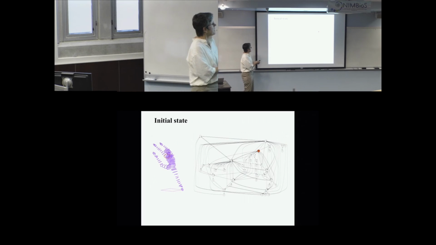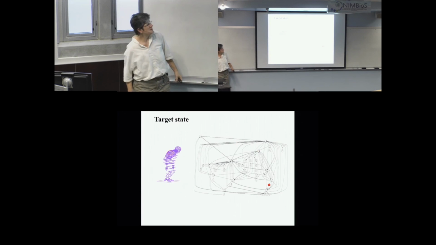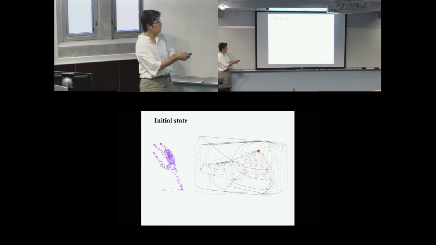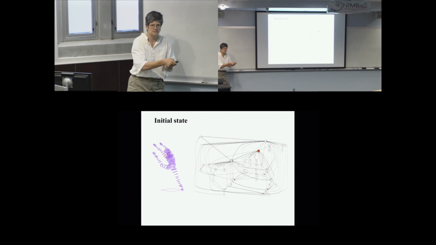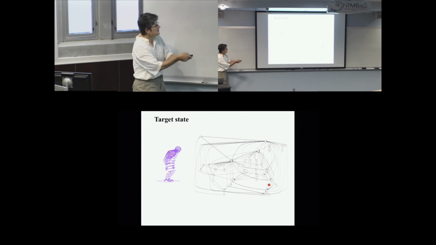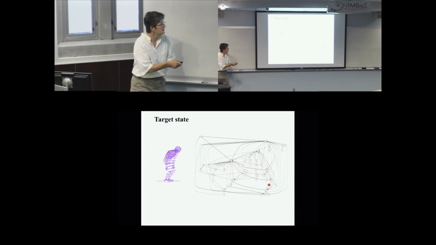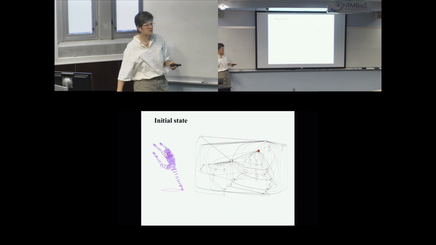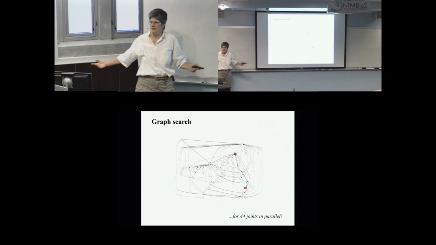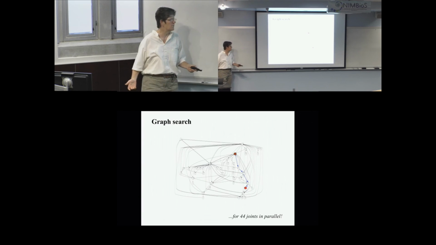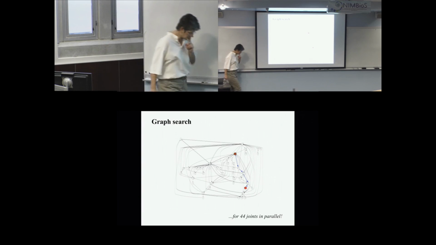Okay, so imagine if I want to figure out a path from this position to that position. Well, I look in the graph that I built that captures the patterns of the movement of the right shoulder, and I look for the vertex that corresponds to where I see the right shoulder is in the starting position. And then I look for the vertex that corresponds to where the shoulder is in the ending state that I want to get to. And, you know, you guys are already seeing what we do, right? So you do graph search. Shortest path, Dijkstra's algorithm, CS 101 or 201 or something like that. But there's a problem.